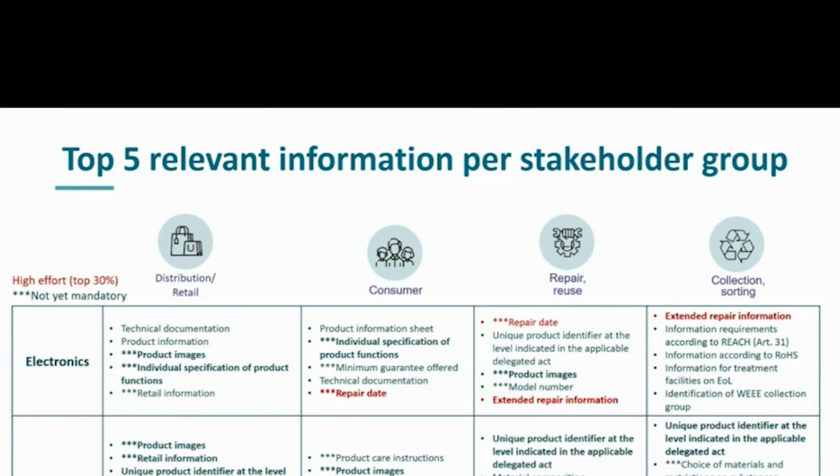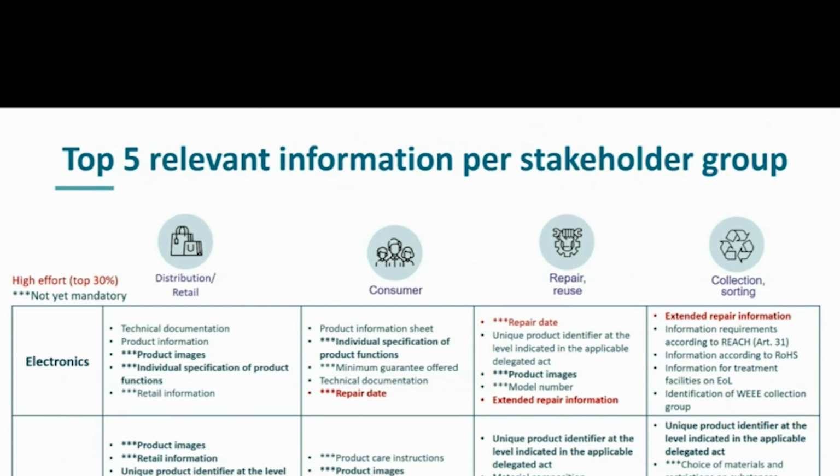Finally, we were also interested which information is actually relevant for which stakeholder group. And here you see electronic and textiles. You can read a bit through. What I want to highlight here is information that is relevant not only for one stakeholder, but for several stakeholders, and which is not yet mandatory. That means here for the distribution and retail, product images are quite useful, and also useful for repair and reuse. So we have requirements coming from several stakeholder groups, not yet mandatory, so this could be an idea to consider if this can be included as an optional field or even a mandatory information when, for example, developing